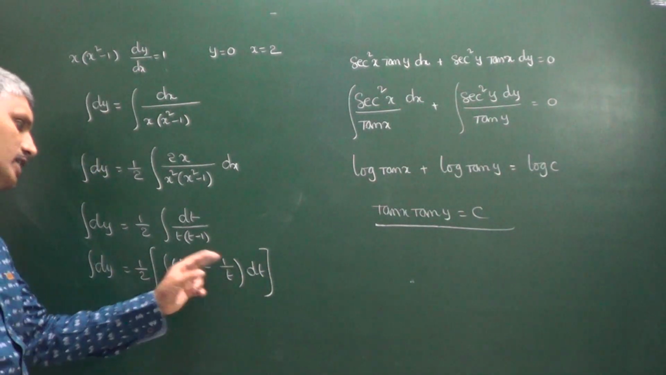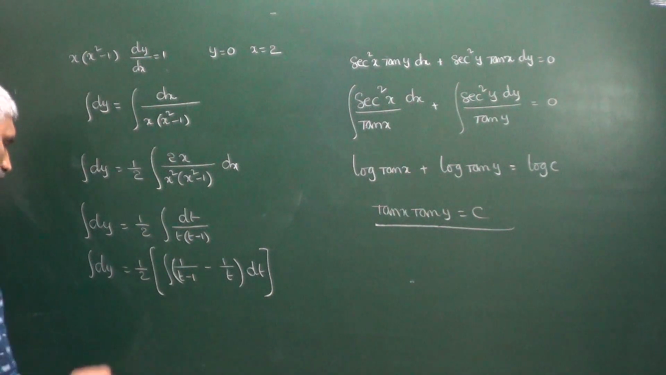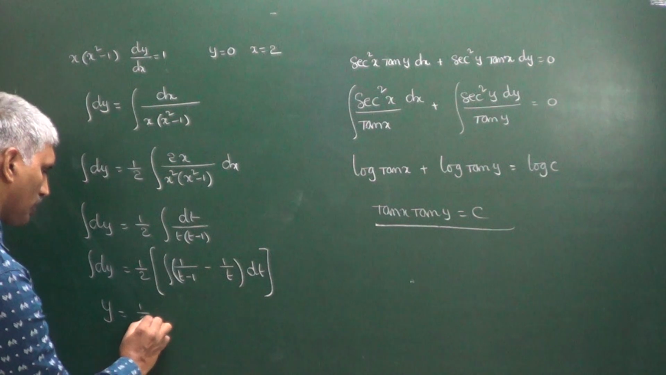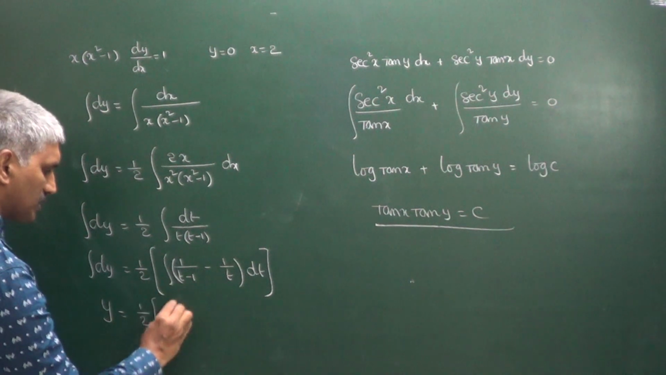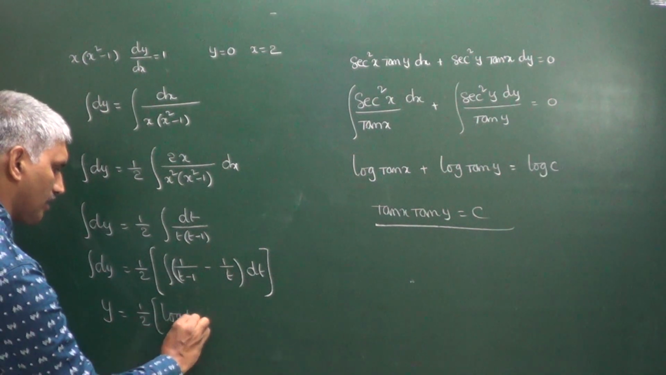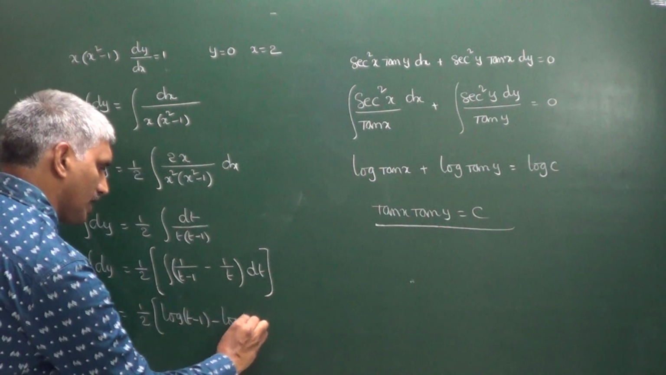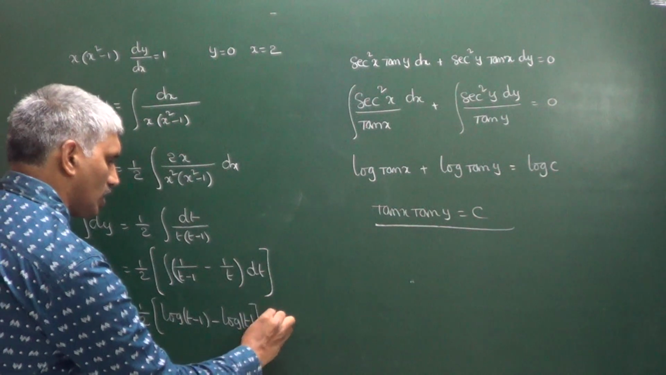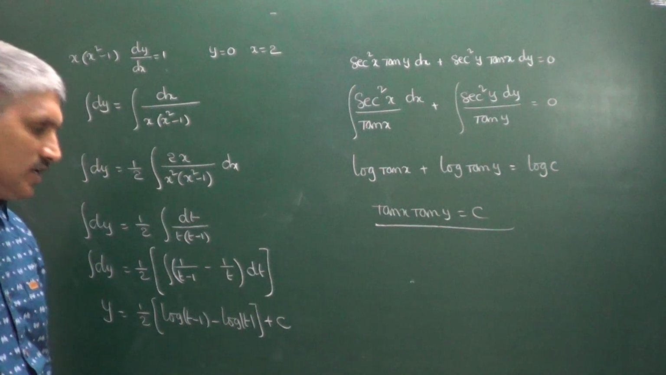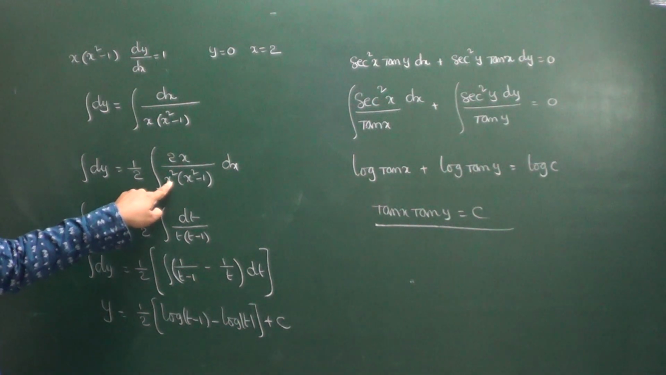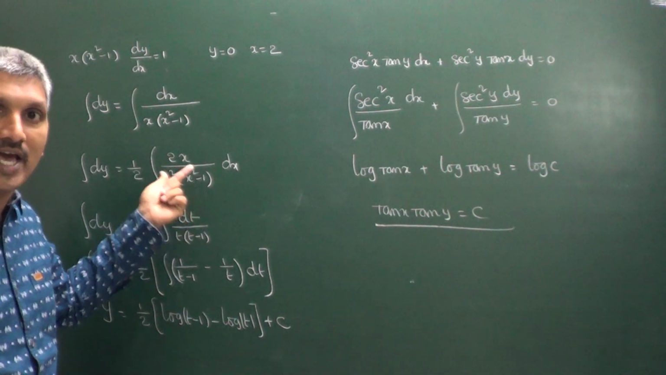Check, if you take LCM you will get the same only. Now we can write this one as y is equal to 1 by 2 into, what is 1 by t minus 1 integration? Log of t minus 1 minus log of t plus the constant of integration. Now in place of t what we have to write? In place of t we have to write x square,